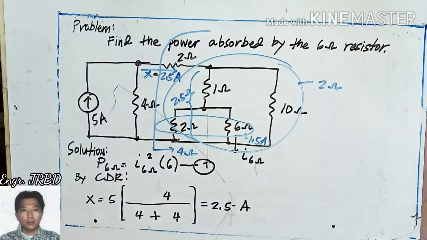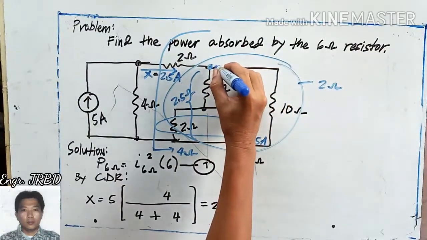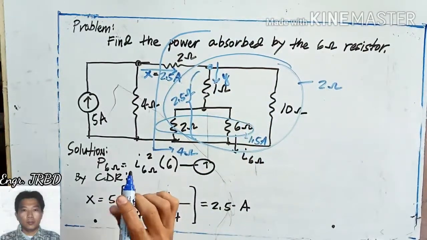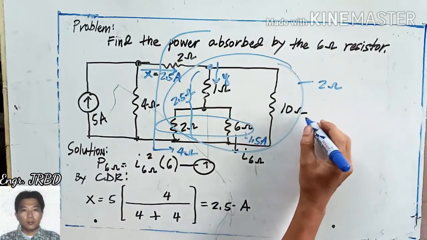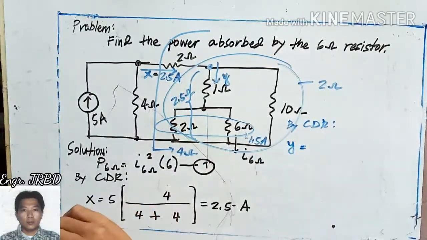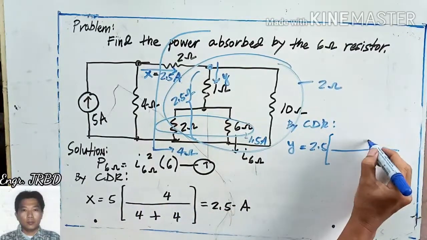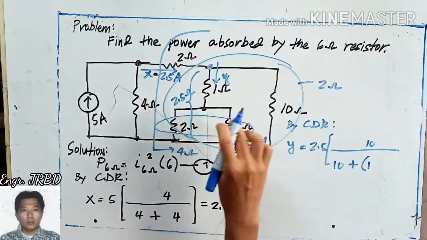Your 2.5 amperes, once it enters this node, will split into 2 equal parts. Once it enters, it will split into 2 equal parts. One part is this. And this current is what we need to obtain. Again, by using the same current divider rule. Okay? So, by current divider rule, your Y is equivalent to the total current entering, that is 2.5 multiplied by 10 ohms all over 10 plus 1 ohm plus the total resistance of this